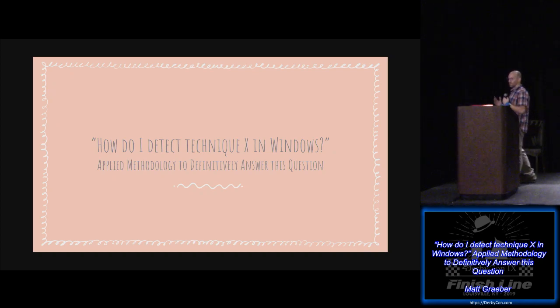And to be honest, up until a certain point, probably recently, I can't say that I always had a good, confident answer for any given attack technique that I may have been operationalizing with team members or something that I came up with on my own. So this is my attempt to make amends with all the offensive techniques I've put out in the past and to develop and apply a somewhat more formalized methodology to get to the core of how we take any technique in Windows, and this is going to be Windows endpoint specific, this being my particular area of comfort, and get to the bottom of how we can actually start detecting some things